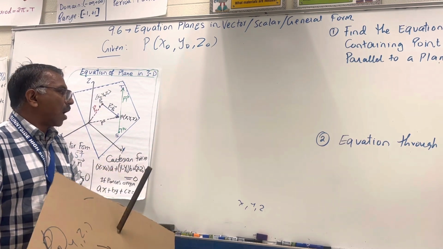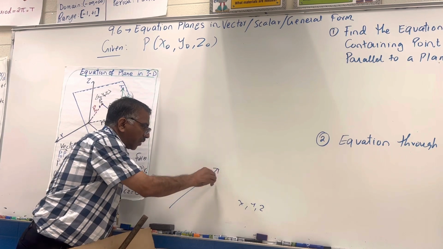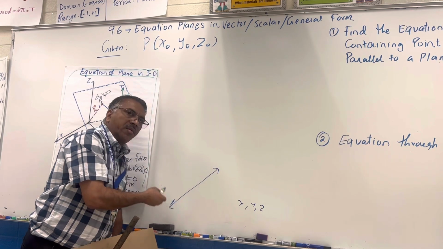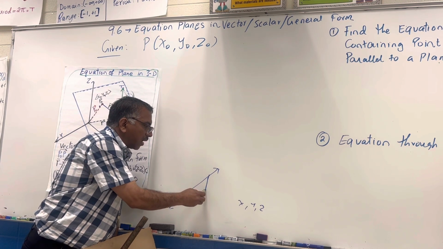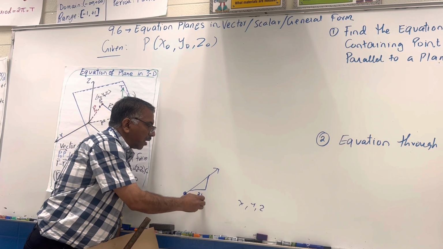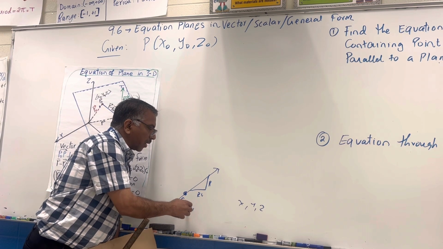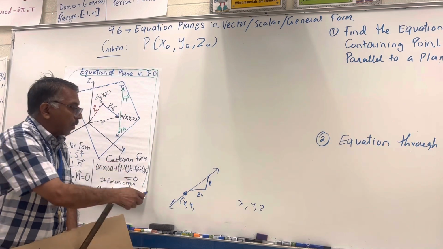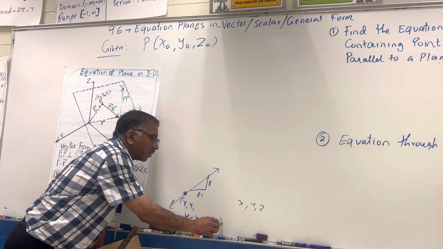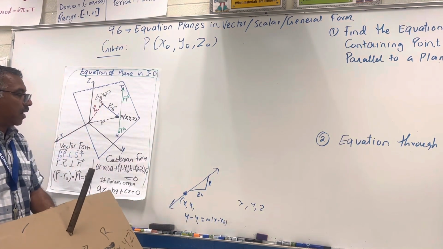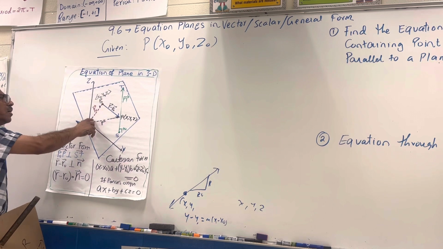It's like how we figure out the equation of a line. To find the equation of a line, you need to have a point here, and there should be some rise over run. See, this is the run, and this is the rise. So the point should be there, x1, y1. If we know these two things, we can find the line: y minus y1 equals m times x minus x naught. I'm using the same idea here. So given a point P, which is x naught, y naught, z naught,